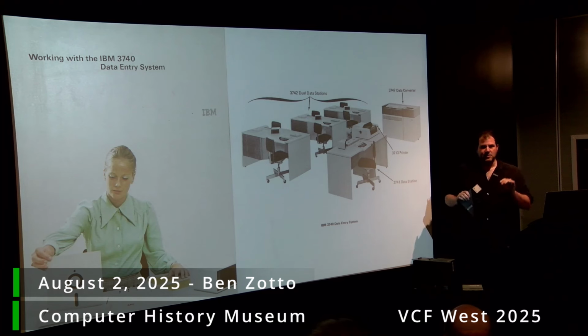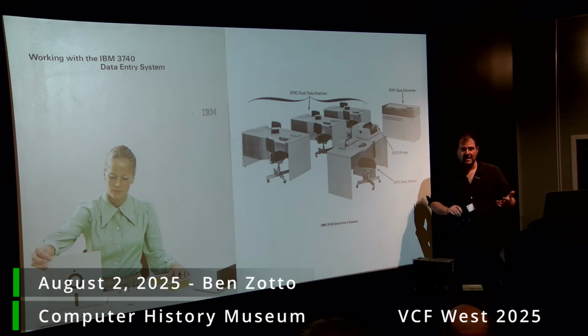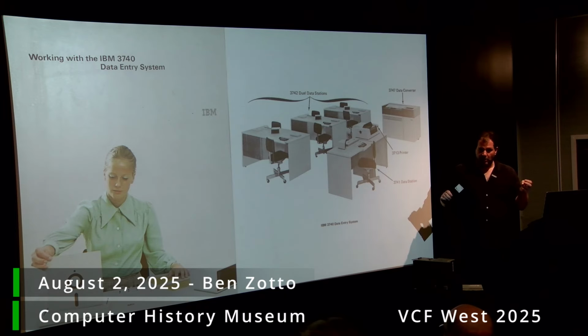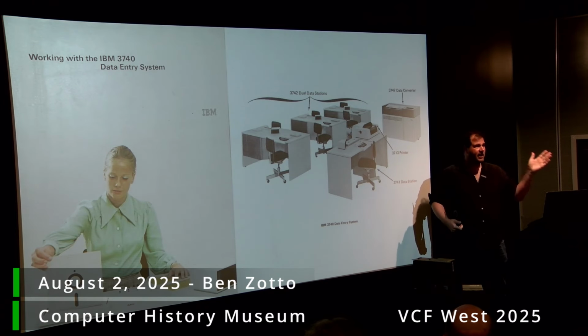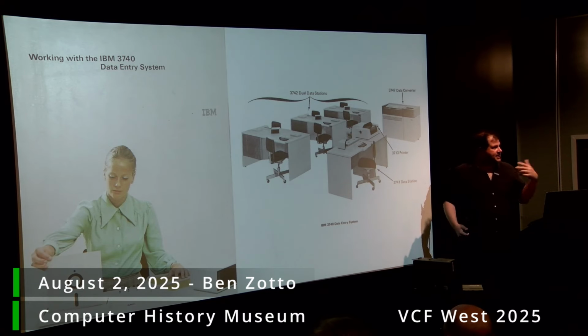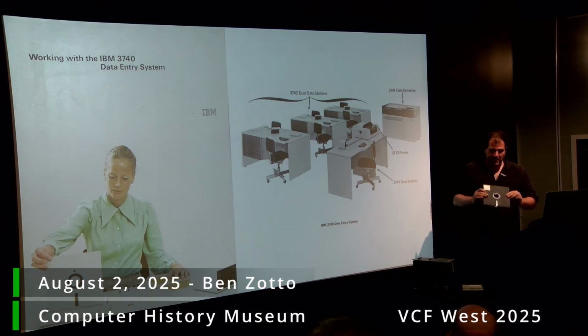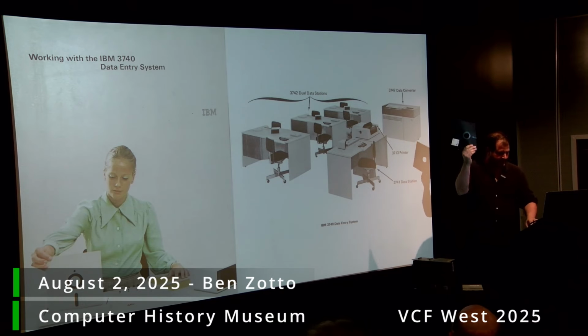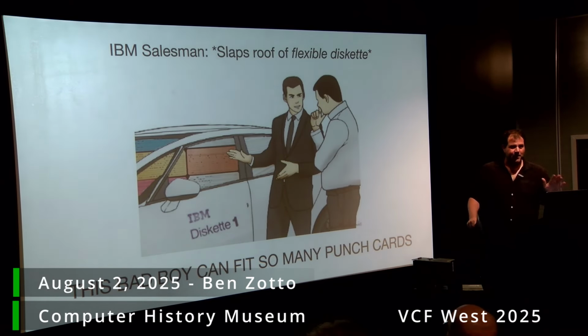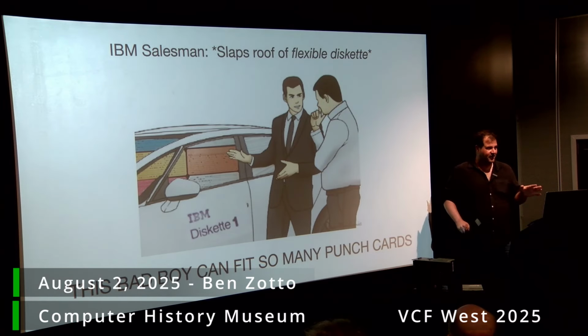And instead of punching in information on punch cards, which was the standard prior to this time, you get to put those same records, because you're doing records on whatever your records are, your payroll, your accounting, your address lists, your whatever. Instead, you can do data entry, and you can save them to these. They were very excited about the fact that you didn't have to use punch cards, and instead, you could use these things.